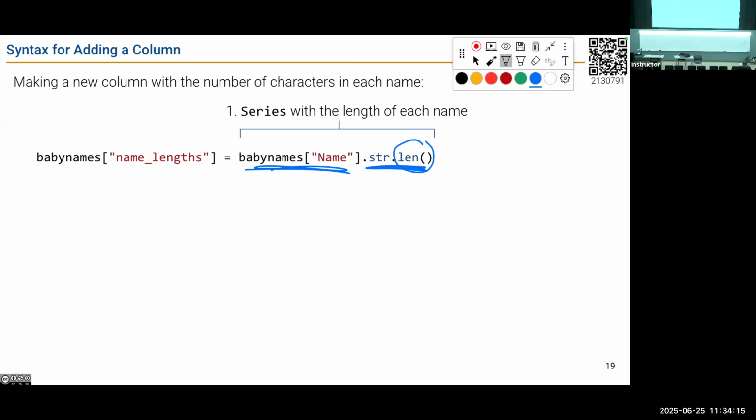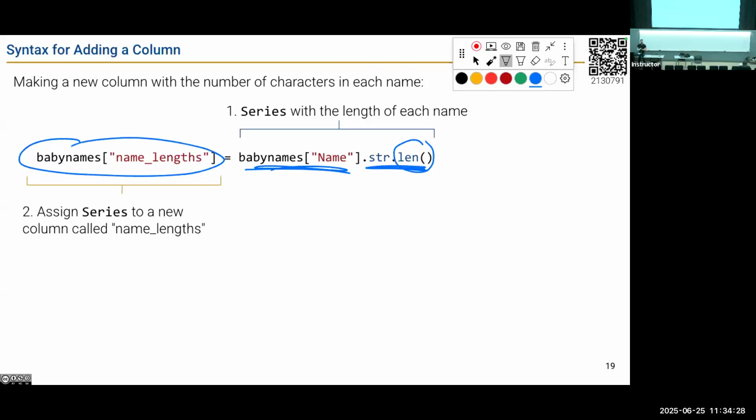So I now have a series that for each name I have the number of characters. And then second step here is I'm going to create a new column called name lengths, okay, in my baby names data frame. So I'm writing out the new column that I want with the original data frame, and I'm just assigning that series to it. Okay, nothing crazy here, nothing crazy.